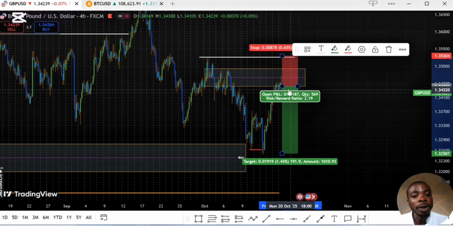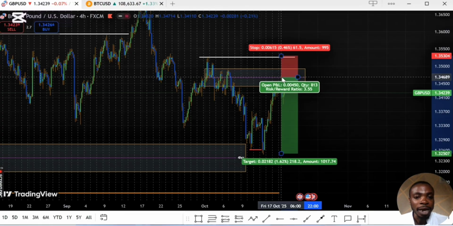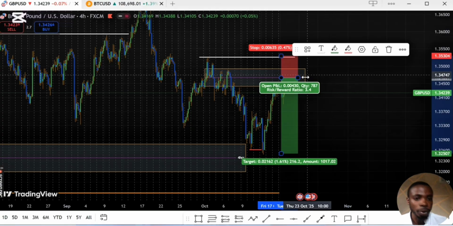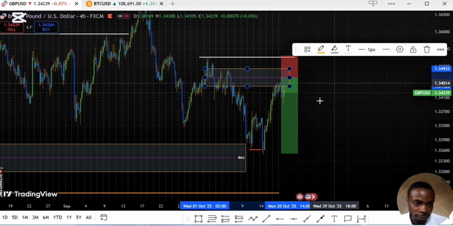But since this was a 4 hour time frame and the thing is a little bit volatile, that was why I put my entry at the center so that my stop loss should be reduced. This is now 65. If you want, this is a stronger trade though. I said that before, because I'm taking this one from a 4 hour time frame here.